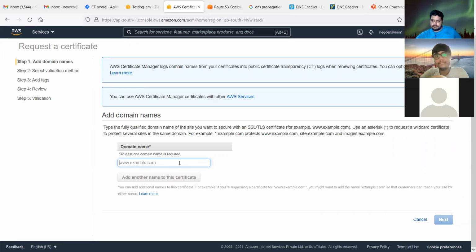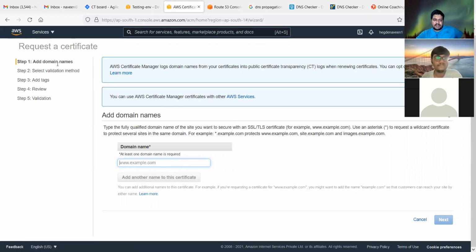So you type this over there, and then you click on add another name, and then you write star. Okay, got it. And then what happens is it gives a TXT record to verify that you're the owner of that domain, and you have to add that to the DNS records.